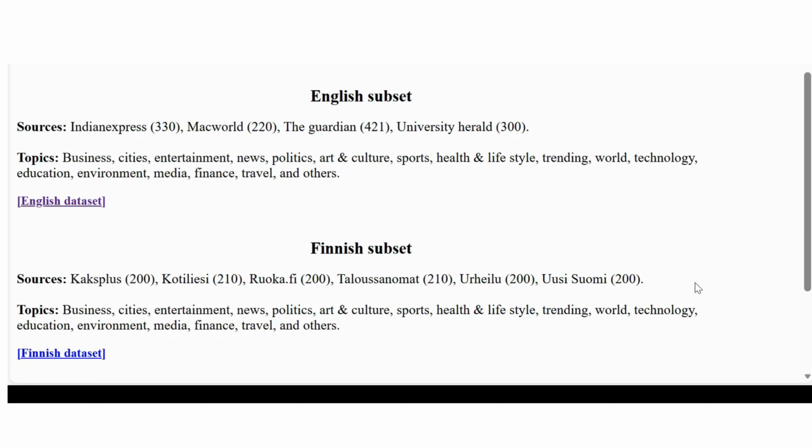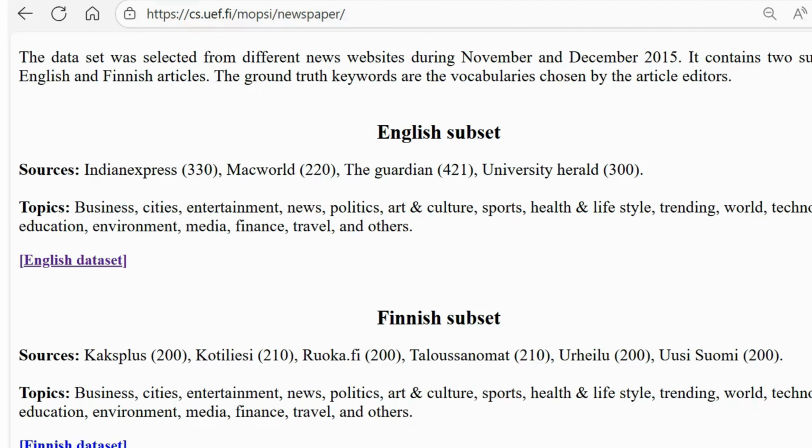The keyword extraction video. Here we will learn how we can implement keyword extraction methods like HRank and DRank on different datasets, like 12 datasets. So you can see on your screen there is a newspaper dataset for the keyword extraction. There are different languages, like an English dataset and a Finnish dataset, and their sources and topics are